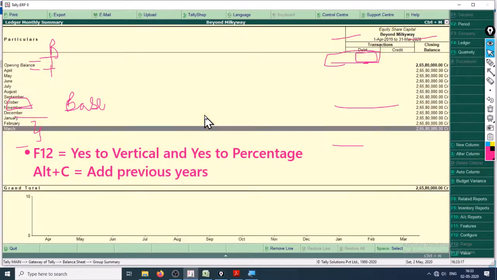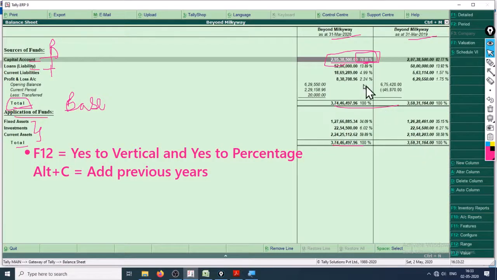Enter, and you can see right here equity share capital of 2 crore 65 lakhs 80,000. So it looks like a privately held company. It has changed from 82% to 78%. Loans and liabilities are 13%, that is 14% of the total liabilities, and equities, that is outside funds. Now it totally depends on companies whether you want 50% of amount here or 13%. That we can't say, you have to look for yourself in your own company.